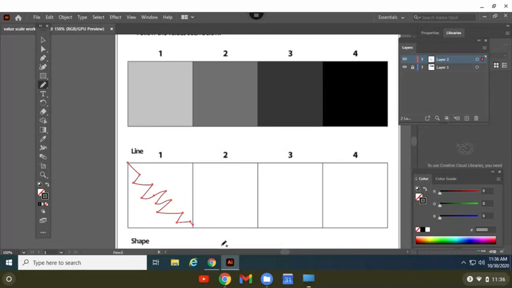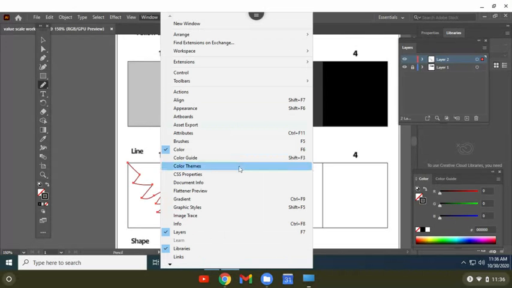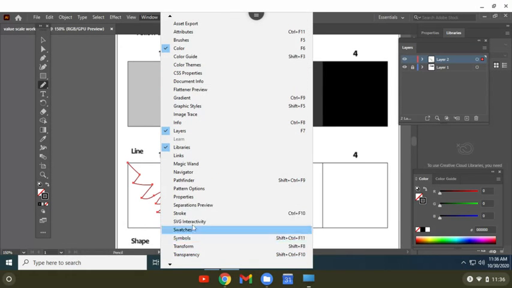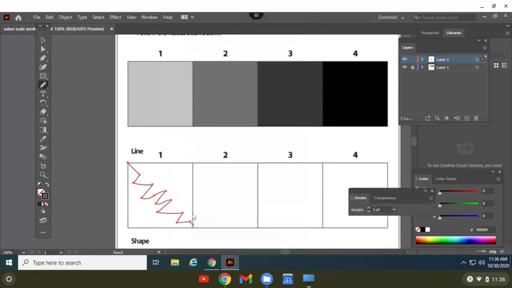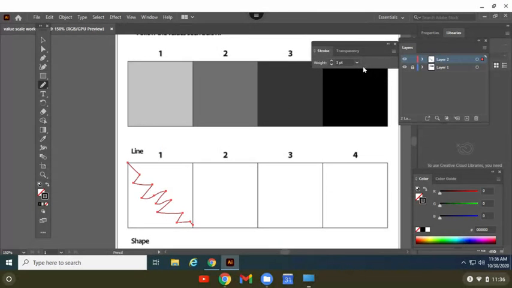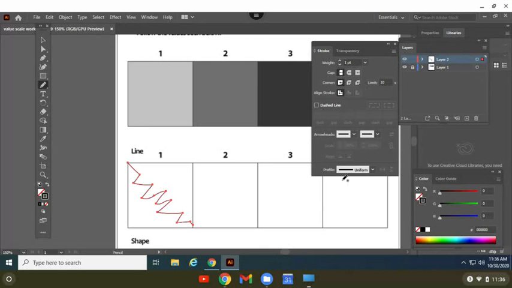See that? That's what we want. If we go to window, let's go down, window stroke, we want that panel up as well. So your layers panel should be up and the stroke panel should be up. Okay, and then it'll open up really tiny like this. I want you to show the options. There you go. Because then we can find the profile of our line and we find the weight of our